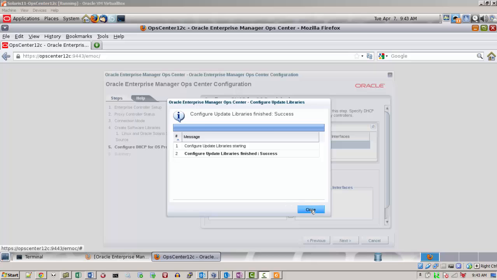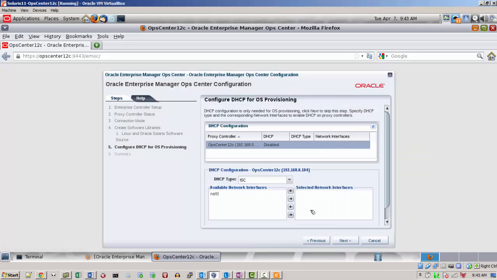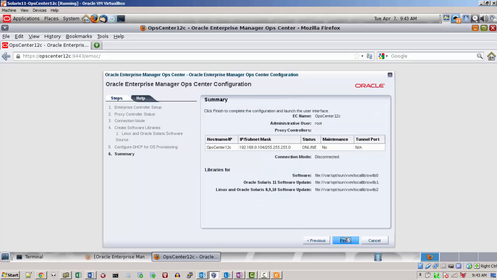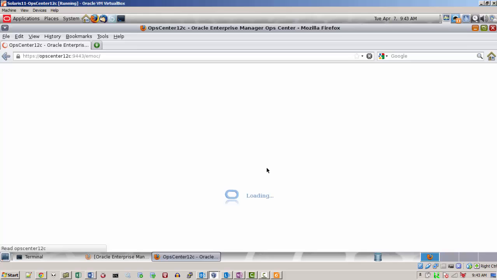Now that the libraries are configured, I can continue on. If I need to set up any DHCP, I can do that with this page here. Since this is a simple example, I don't need to set up any DHCP, so I'm just going to click Next. If everything looks okay, I have my summary page, and when I click Finish,